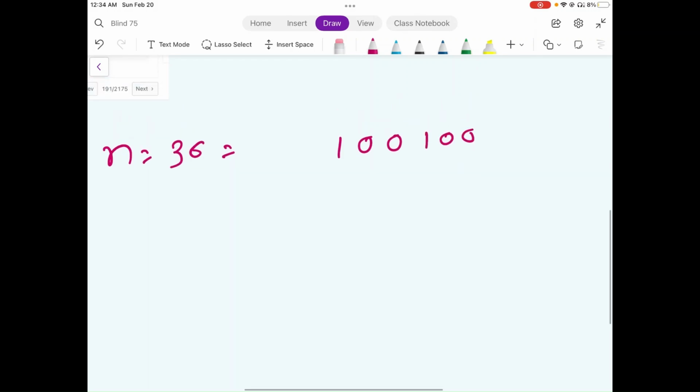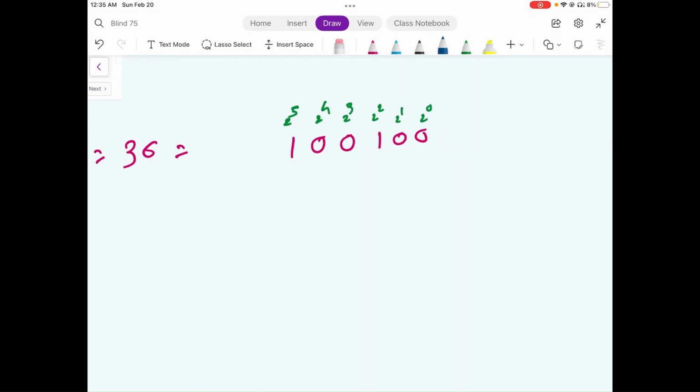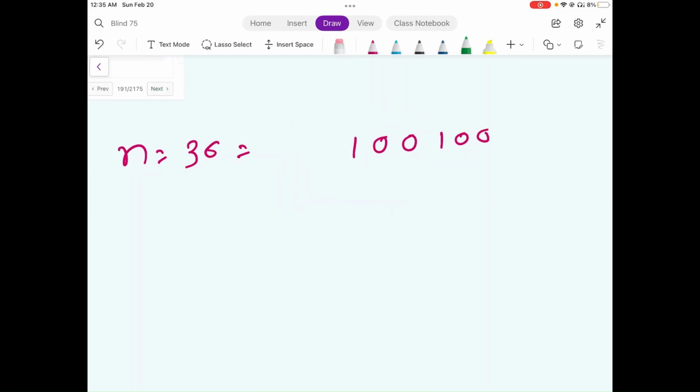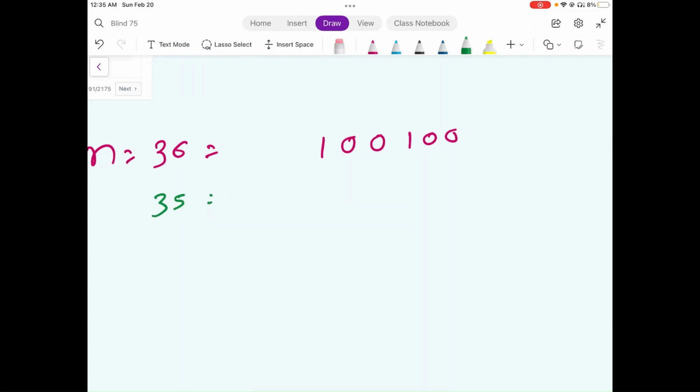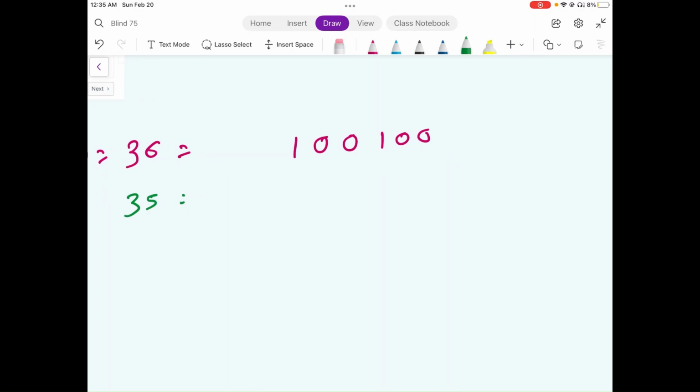because we know that binary works like 2 to the power 5. And if we do the summation of these values in decimal terms, this would become 4, and this would become 32. So 32 plus 4 becomes 36. Now the intuition behind this solution is that if we take one value lesser than 36, let's say 35, and if we represent this value in binary terms, the binary representation looks like,